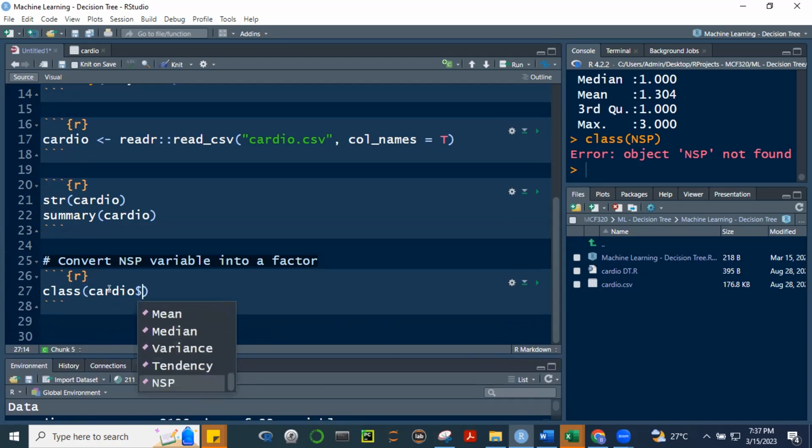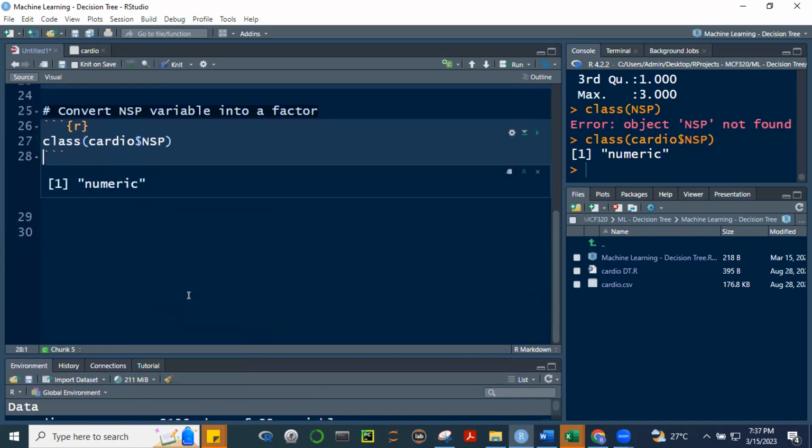Okay, isa doon si NSP. Ayan. And then tab para ma-print si NSP dito. And then if we run this, yung class, you can see that this is numeric. Okay, and we don't want that. Gusto natin si NSP should be treated as a factor or a classifier. Right? So, clear na si NSP is a categorical variable.